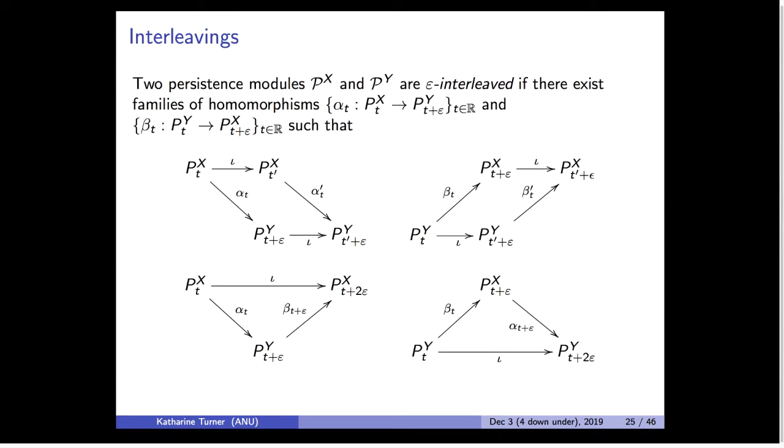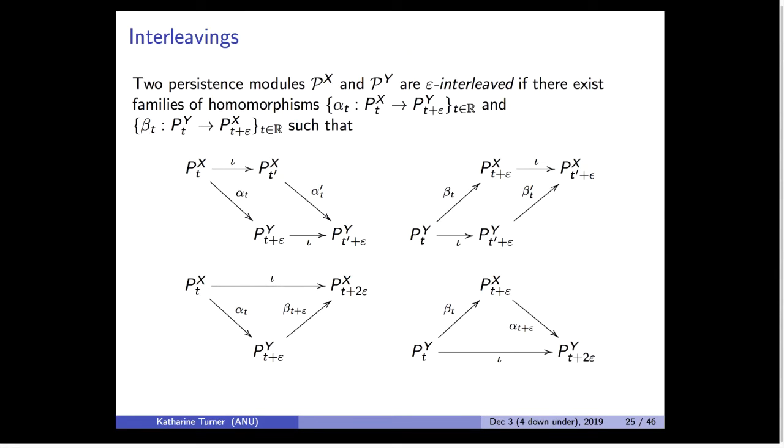So we can say two different persistence modules are epsilon interleaved if there's appropriate morphisms kind of between them, but they're not morphisms in the classical sense, in that you keep the t the same, but rather you shift them. Okay, so you always sort of go forward by epsilon when you go along, and that kind of gives you a bit of freedom, a bit more freedom than if you were requiring them to be morphisms between them, okay,